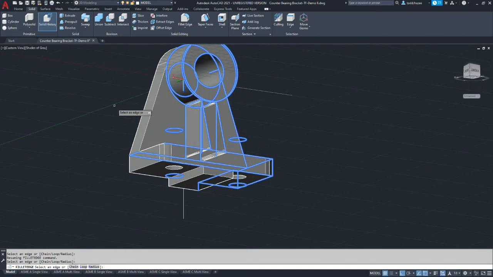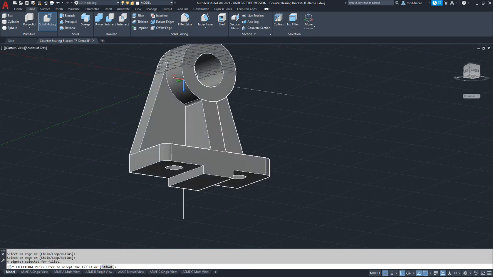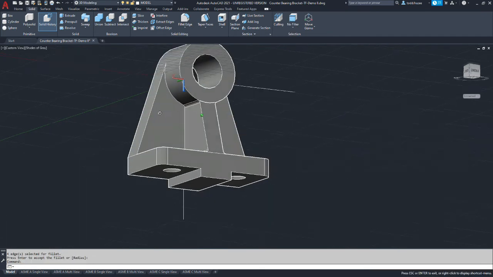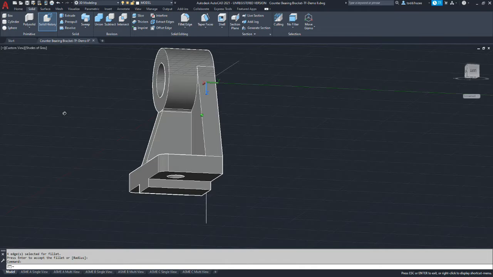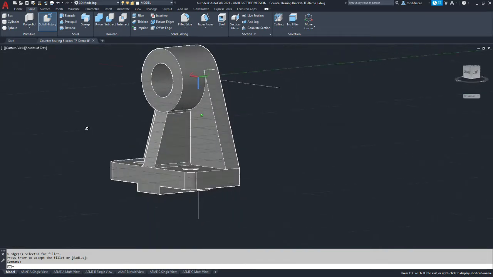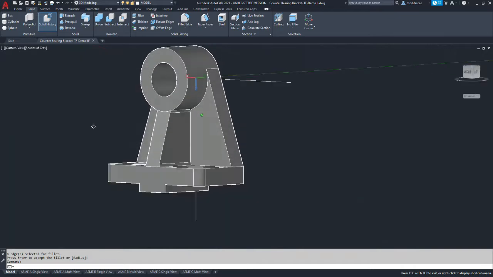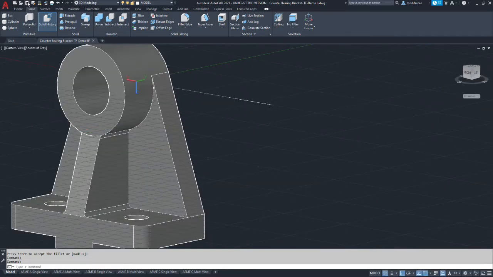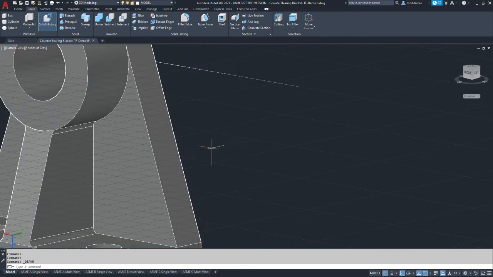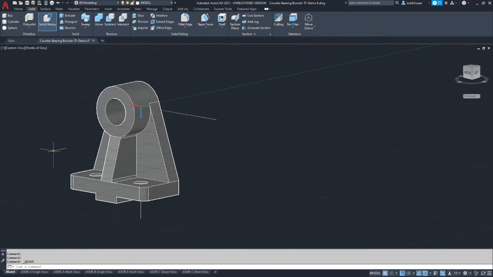All right, we're going to hit enter twice to accept those fillets. Now, if it was successful, you should have fillets that appear as shown here. All right, when I fillet, I save in between every fillet. You can always exit out. I know there's undo, but I don't know, maybe it's just a history of corrupt files.